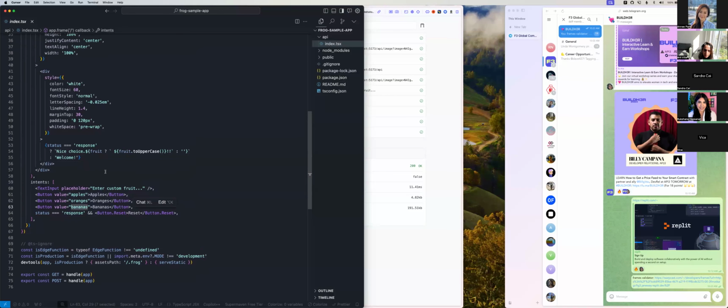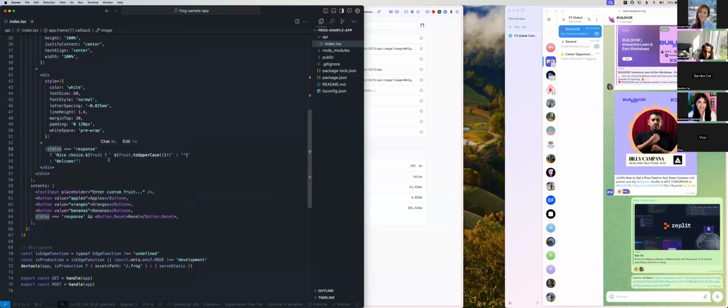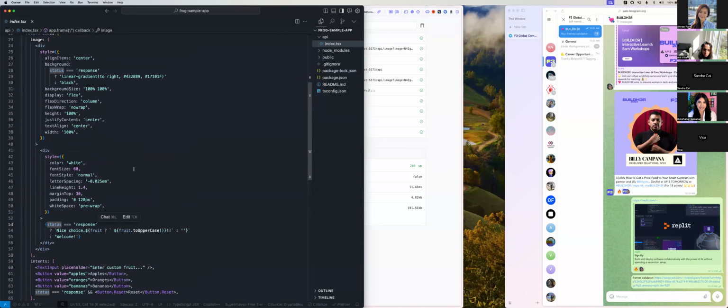And let's see how else to explain this. There's this thing called status. So basically you have an image, and the frame has images and intents. So it has that image tag, and then it has buttons, right? But the image,